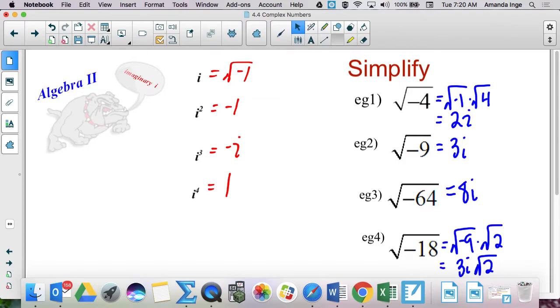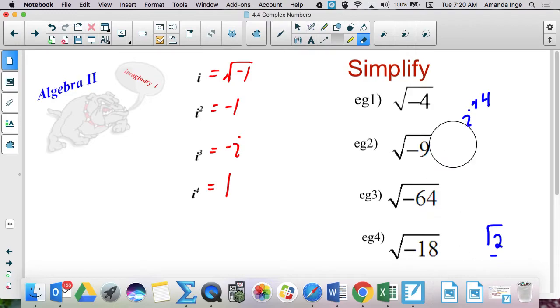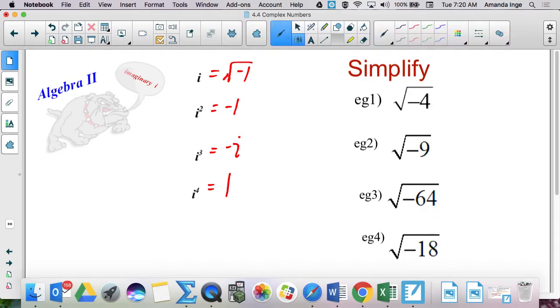So I have some examples. My first example is the square root of -4, which you don't have to write this, but this is really the square root of -1 times the square root of 4, which would be i times 2, or we write it as 2i. Nobody's going to write it all out like that. You just remember that if there's a negative number underneath the radical sign and the index is 2, then you're going to get 3i,